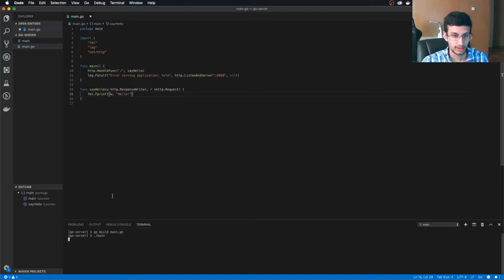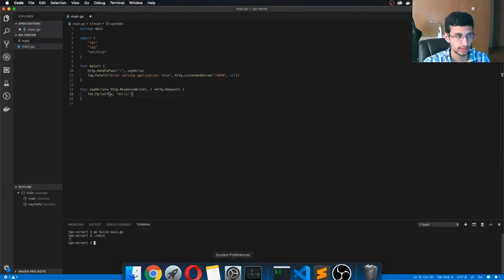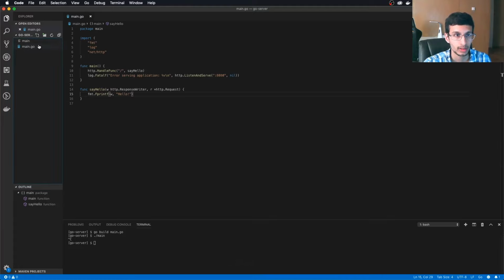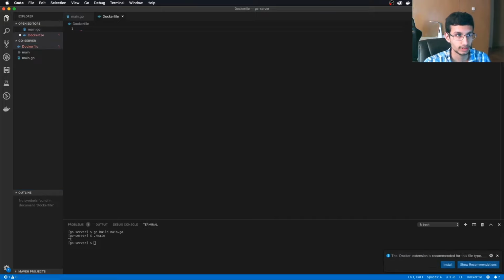So now let's try to Dockerize this application. For now, I'll stop the HTTP server, and then we're going to write a Dockerfile. To do this, all you need to do is create a file called Dockerfile, and then give it some information on how you want your image to be built. We can think of a Dockerfile as basically being an installation guide for how our application should be installed